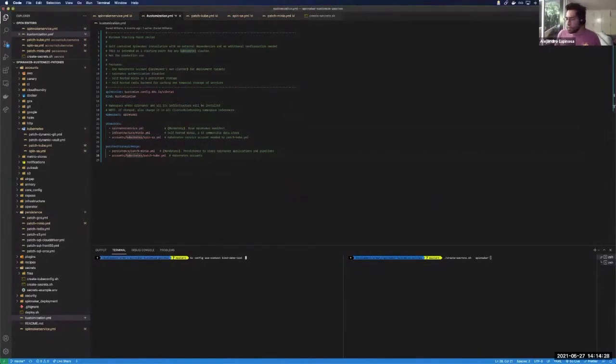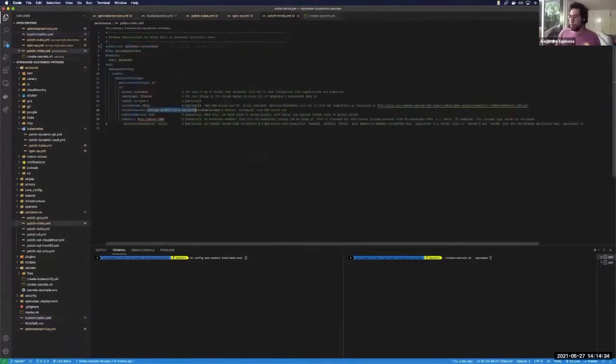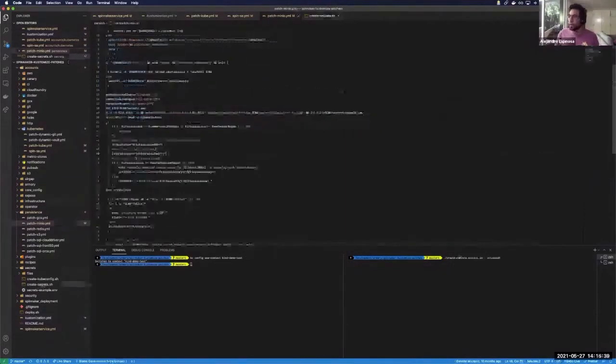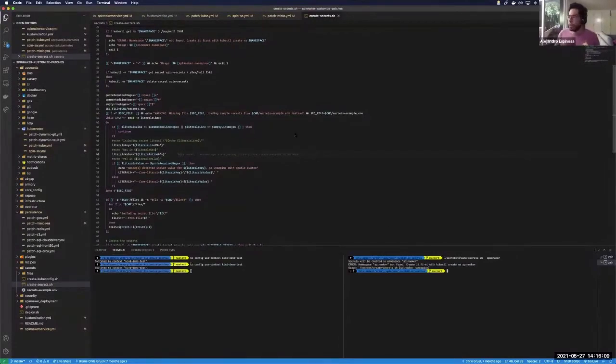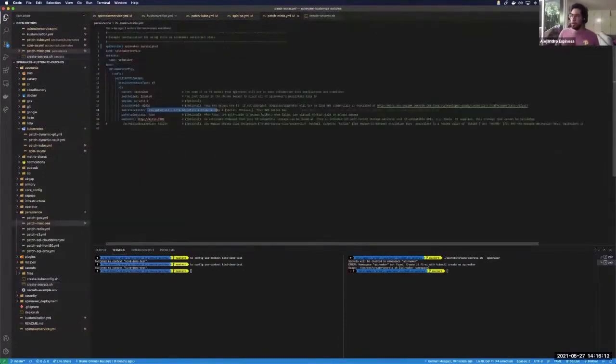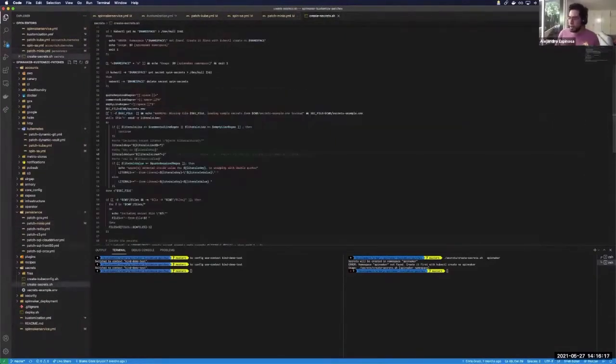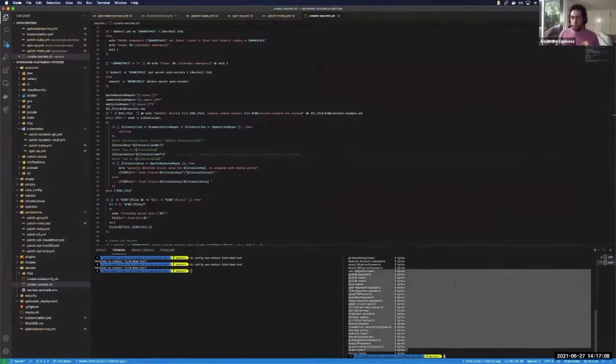I have to change the context on my local machine to run the secrets. We require them to run Spinnaker. So let me just change the context, and now we have this useful bash script here to create the secrets. You have to be positioned right to find this folder. Now we're going to create the secrets that we need to launch Spinnaker on the local machine. So we have this useful bash script, create secrets. You have to run it, passing the namespace we previously created. Once our secrets are done,